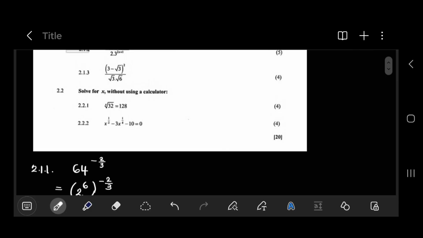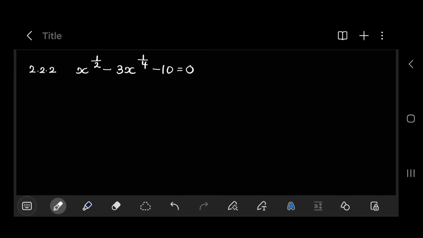Now looking at 2.2.2, we've got x to the power half minus 3 times x to the power 1 over 4 minus 10 is equal to 0. Just by looking at this question, there's something that should be quite clear to you of what you need to use. That is the K method. It's necessary for us to use the K method here to solve for x,